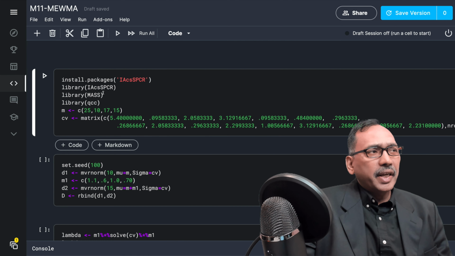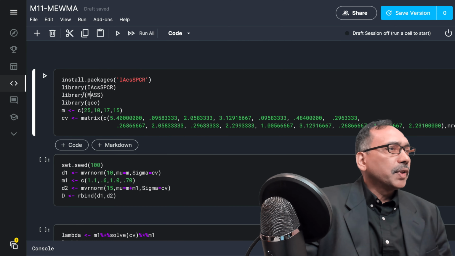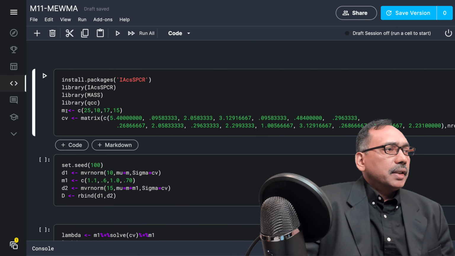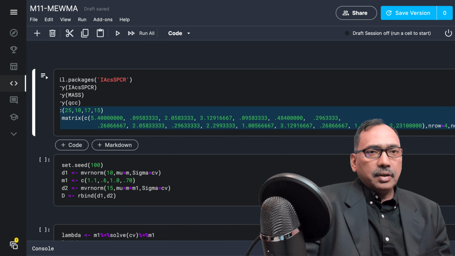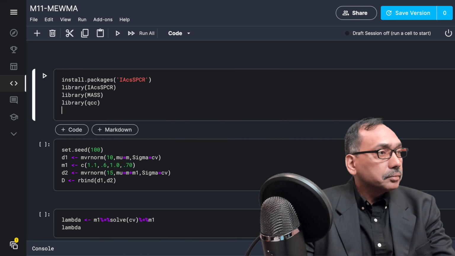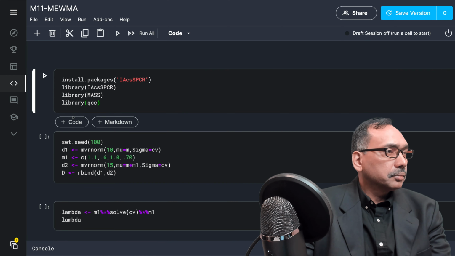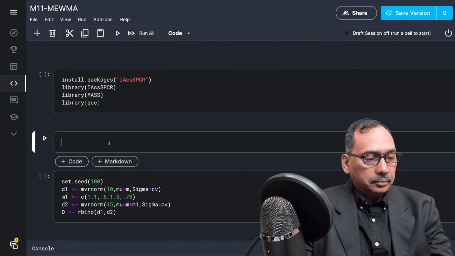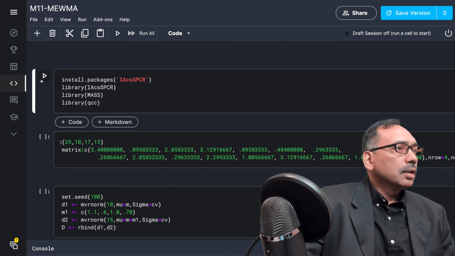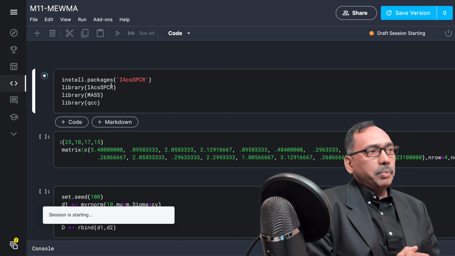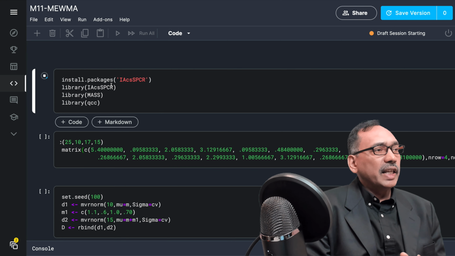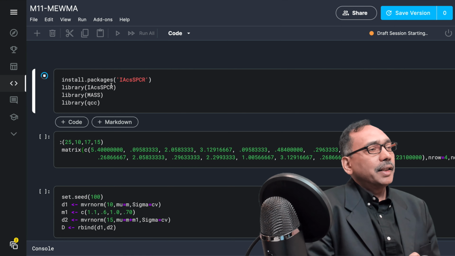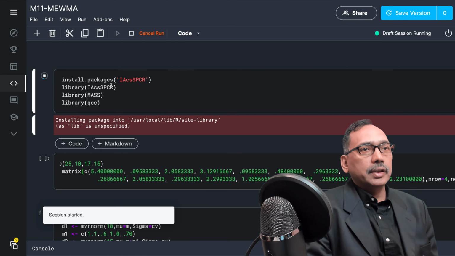The extra library I'm using is MASS. I think it may be better if I copy this to the next one, keep it separate. So we simply run the first part to keep our libraries ready that are needed for plotting the control chart.